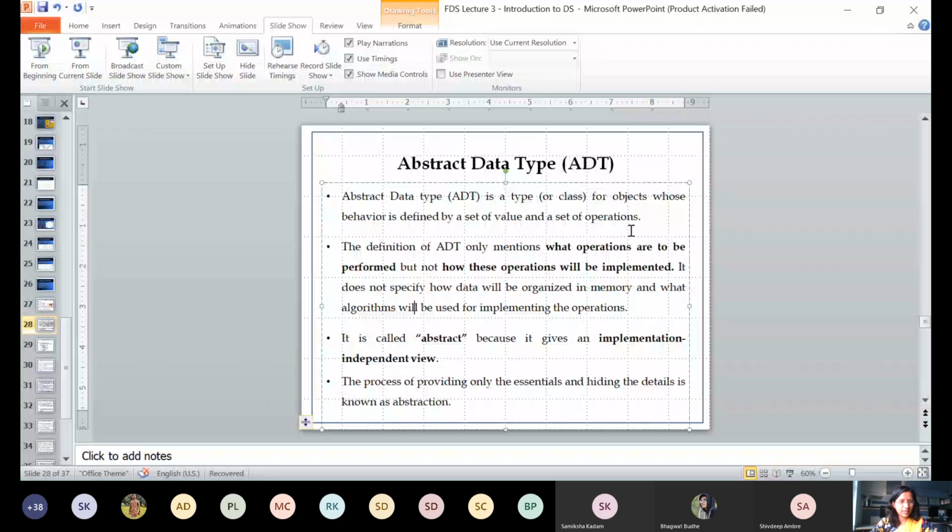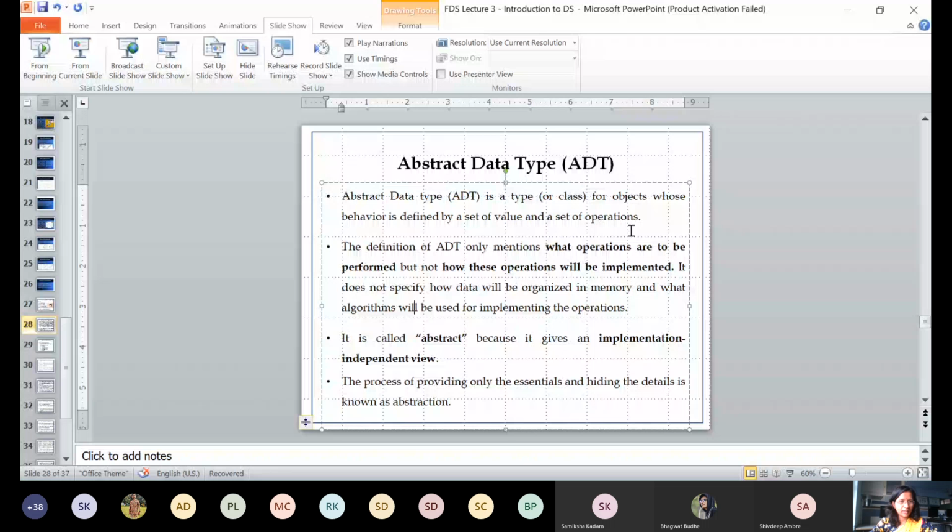If you are thinking that ADT means a detailed explanation of the type of operations that you can perform on the data structure, that is wrong. It only tells you what type of operations you can perform, it doesn't tell you how to perform. When I say how to, it means line by line code is expected. ADT will simply tell you it is performing this set of operations on this data structure.